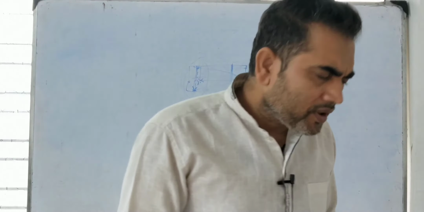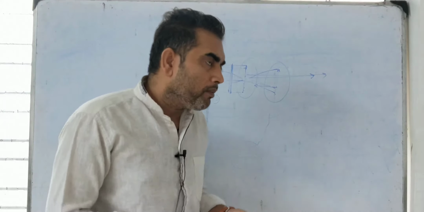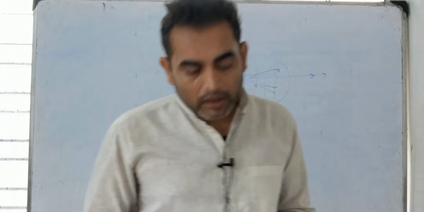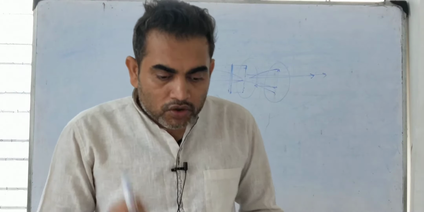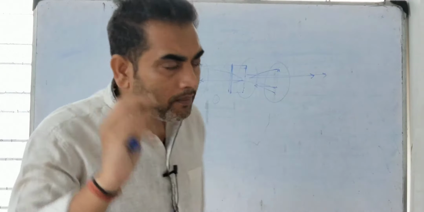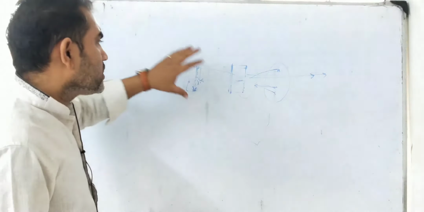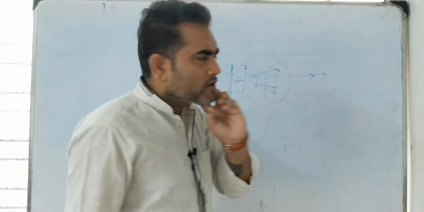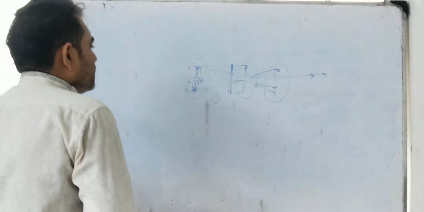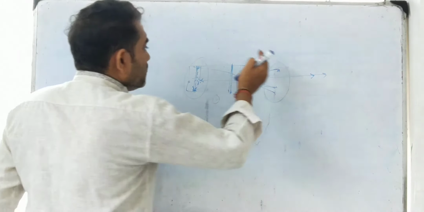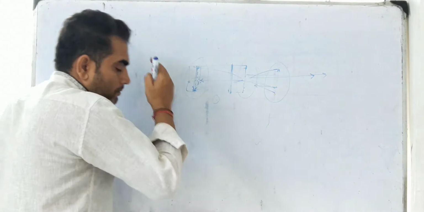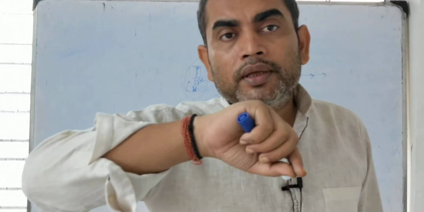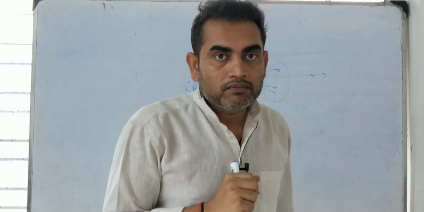Okay, after that, the characteristics of the image formed by a pinhole camera. Before we discuss the characteristics of the image formed by the pinhole camera, first of all, keep in mind what we observe. If you do your observation properly, most of the answers will come to you without seeing the books. First of all, we understood that the image formed is taken on the screen. So any image that is taken on the screen will be a real image.